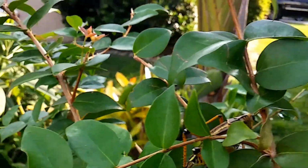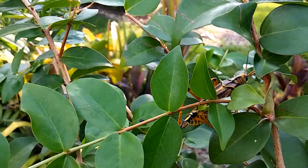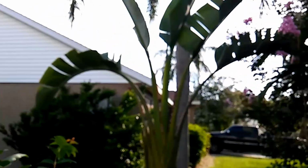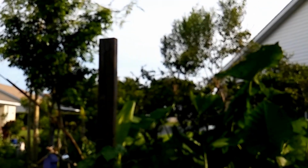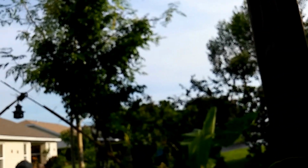The Suriname cherry has been a home. Here's a home for this cricket, another one of these eastern lubber grasshoppers, and birds eat these things. I actually think I saw a snake, a black racer, go after one. I know I saw the black racer, but I don't know if he went after one of those or if it was a lizard. But whatever it was, it hopped right off. It was perched up about a foot off the ground, and the snake tried to climb up the pelican. It was sitting on the head of this pelican that we have, a wooden pelican in the ground, and something was just posting. I think it could have been a lizard, and